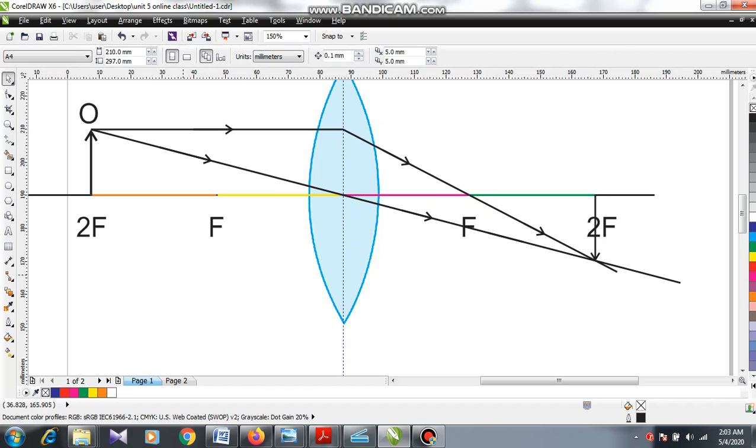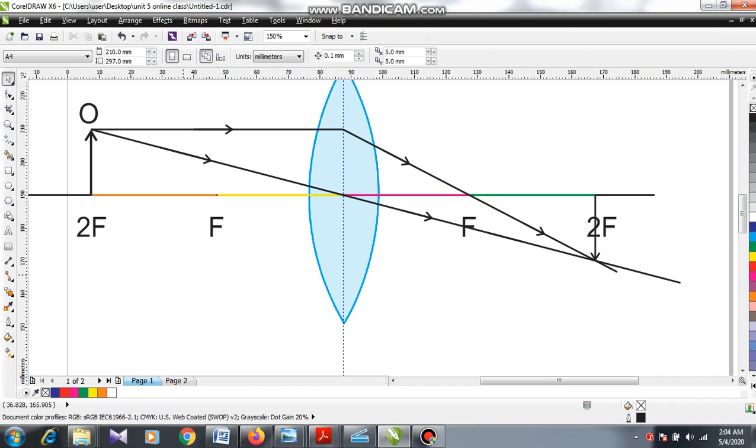If you draw it perfectly, the image will come correctly at 2F. If your measurements are not accurate, if your lines are not parallel, or if the lines are not exactly touching the optic center, then it will not come in the right place.